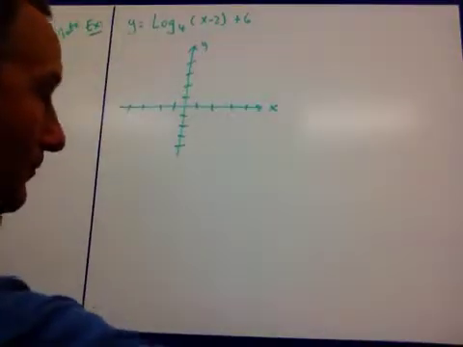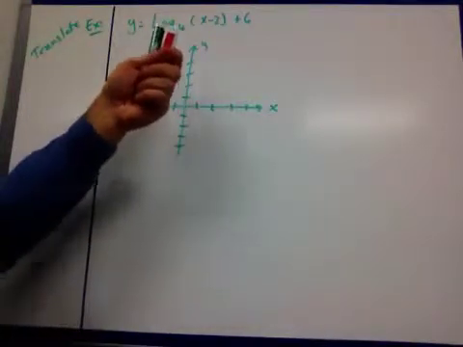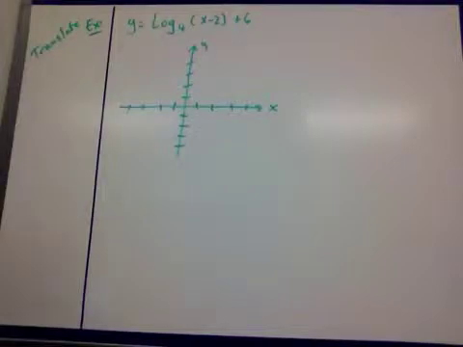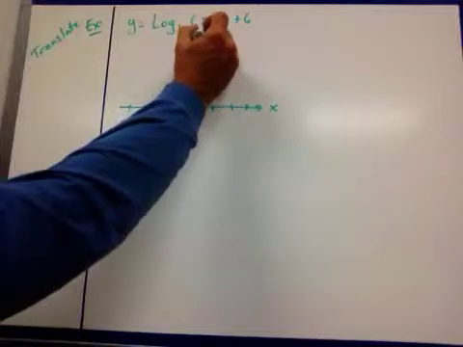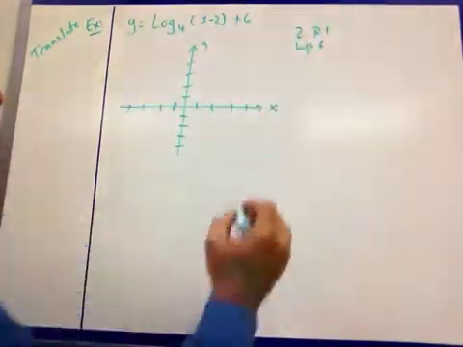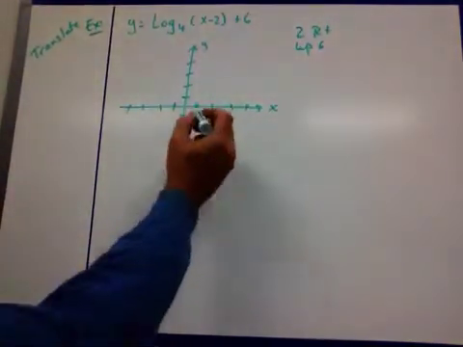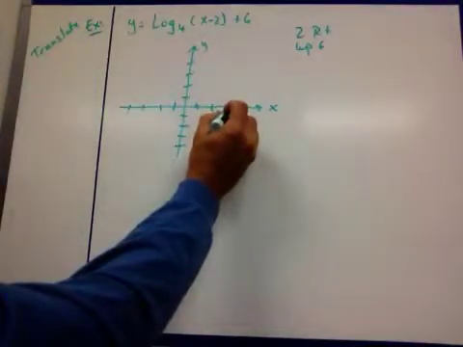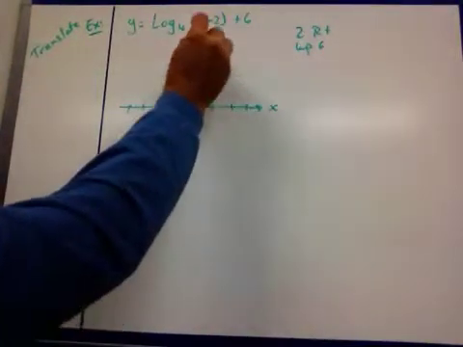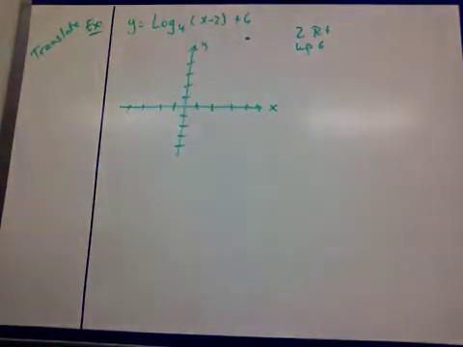So here we are. We want to translate and graph y equals log base 4 of x minus 2 plus 6. So we know from graphing this, we're going to go opposite here. We're going to go 2 to the right, correct? And then we're going to go up 6. And we're going to do that from our point 1, 0. That's what the log does. So I'm going to go 2 to the right. I'm going to go up 6. 1, 2, 3, 4, 5, 6. So I'm going to be somewhere right here. There's my point. Okay? Now,